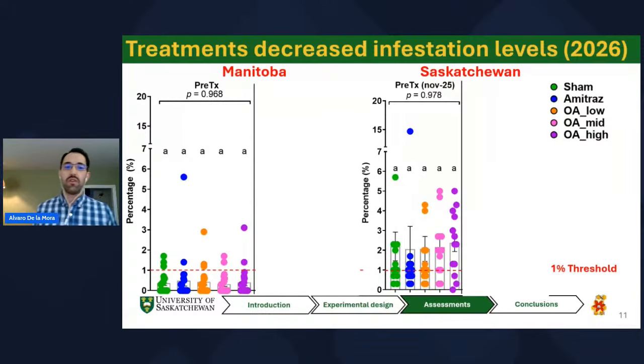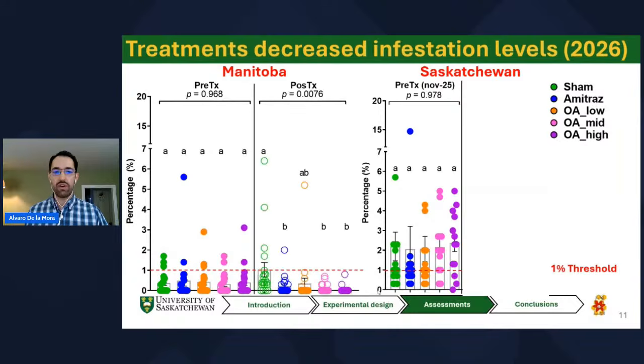What is new in this presentation are the results of this year. In this slide, you can see two sets of graphs. The one on the left represents Manitoba, and the one on the right represents Saskatchewan. In each of the locations, we can see that all colonies started with similar mite infestation levels between the different treatments. And after 8 weeks of treatment,